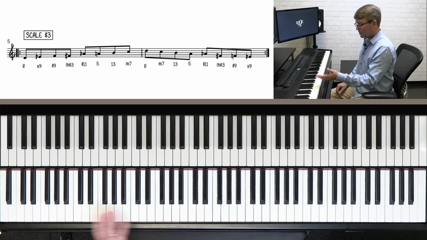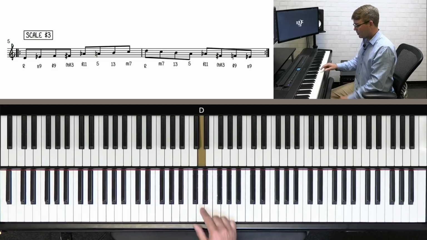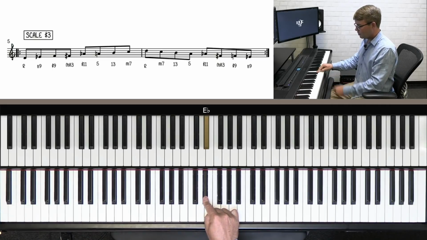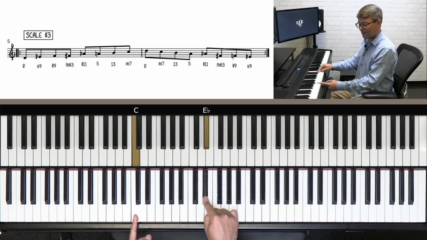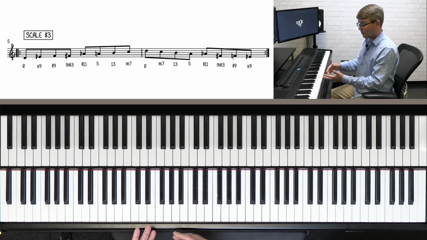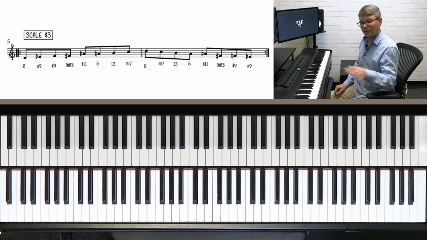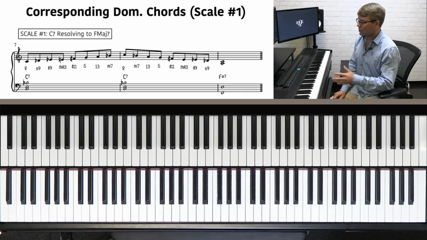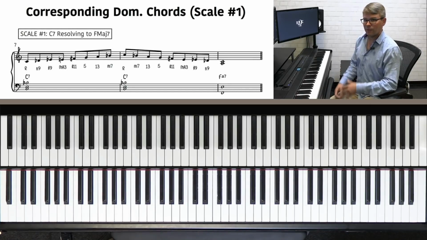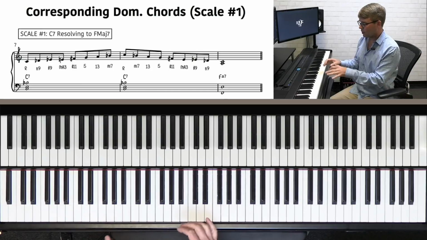And the reason there are only 3 of these scales is that once we get to E flat, we're repeating the same scale as we did on C. So that's why there are only 3, because once we've played all 3 of these scales, we've covered all of the dominant chords, which is a very cool concept. Okay, so we're going to start with the first scale and show how we can use this 5-1 chord progression,